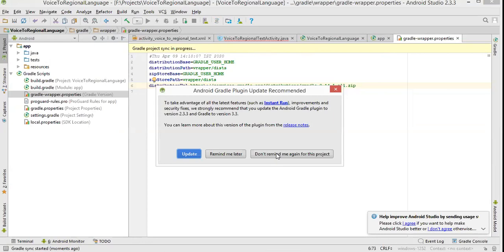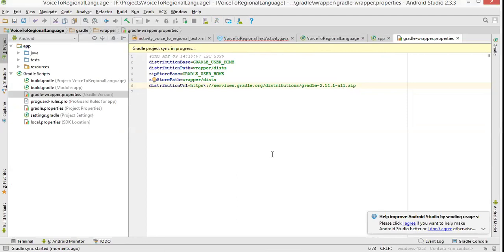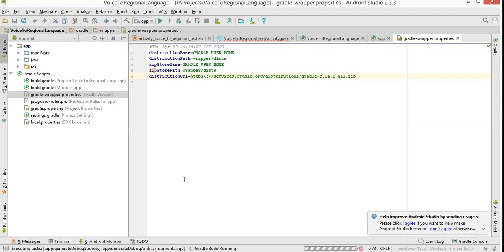It is saying, don't remind me again for this project. You have to click that. Once you click that, it says executing tasks. Finally it will say your Gradle build has finished successfully. That message should come.